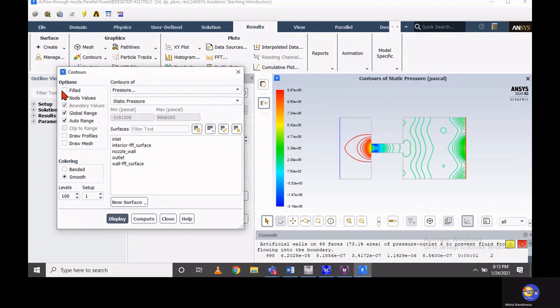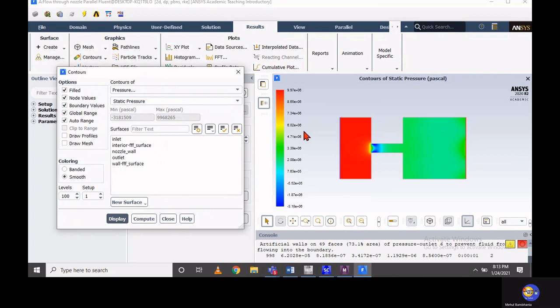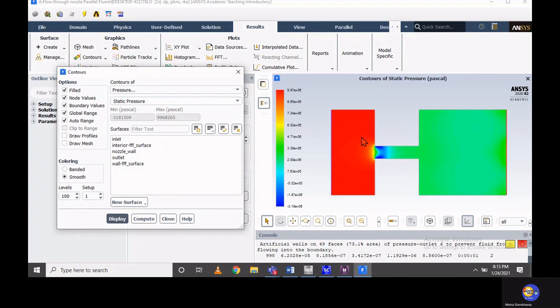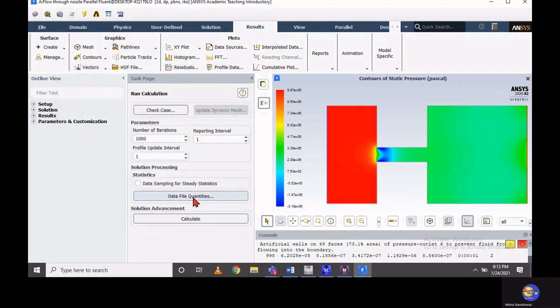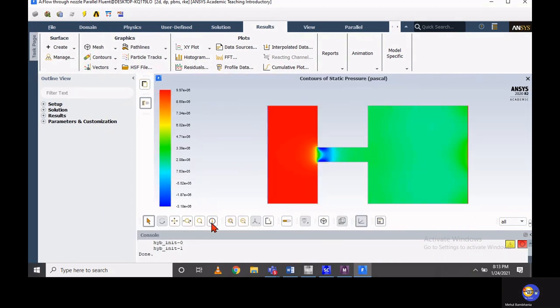You can enable filled for better understanding. So these are the pressure contours in which the red color indicates the maximum pressure value, however the blue color indicates the minimum pressure values for my case. So it is obvious that flow will enter with high pressure, around 100 bar, and due to the sudden drop in the area, pressure suddenly falls down and reaches a negative value. So this is called a pressure contour. The values are indicated in the legend.